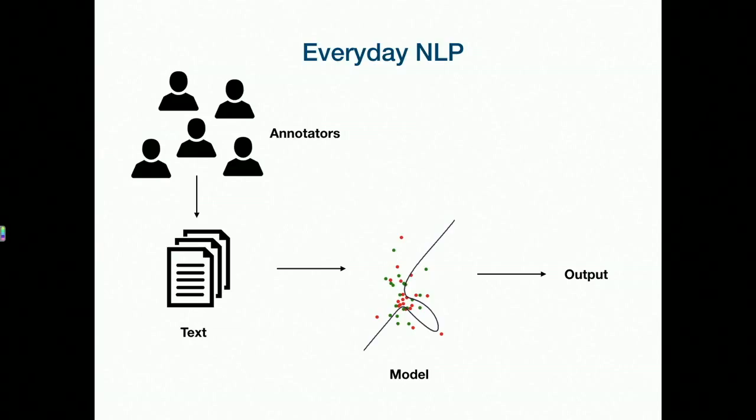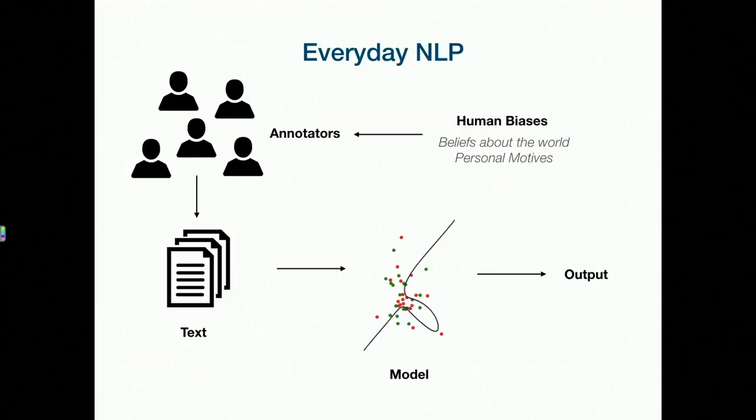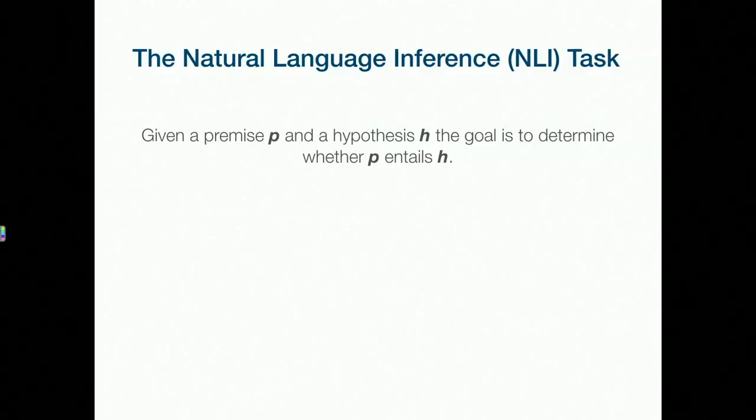It's easy to forget that there are humans behind the text and the data that we feed our models. And those annotators, because they are human, have their own biases. They have their own beliefs about the world, personal motives, and cultural backgrounds. And this affects the distributions that we see in our data. There's been a lot of conversation about how biases affect downstream societal applications. But a long-running theme of this talk is that biases also affect how we evaluate models and our design of our tasks. So the story starts with the natural language inference task, which